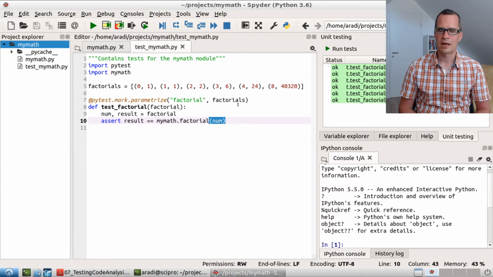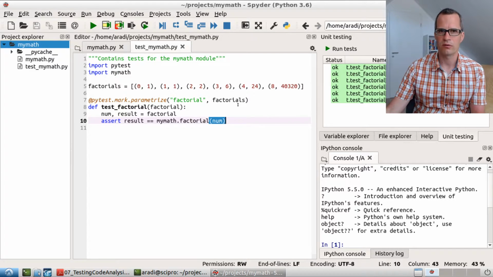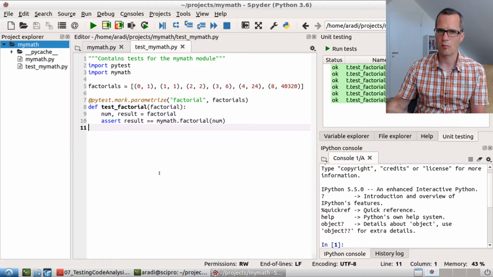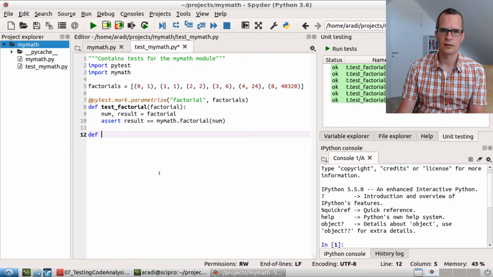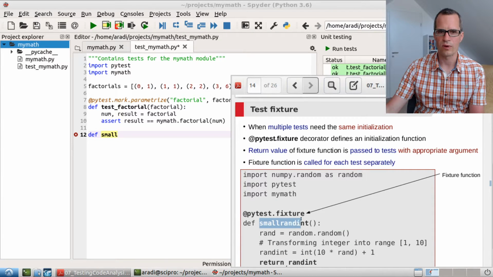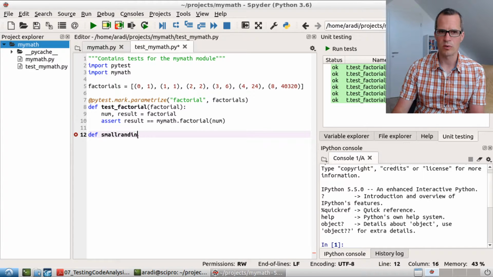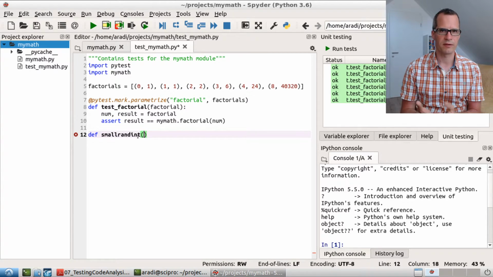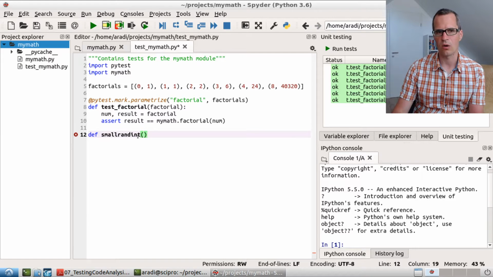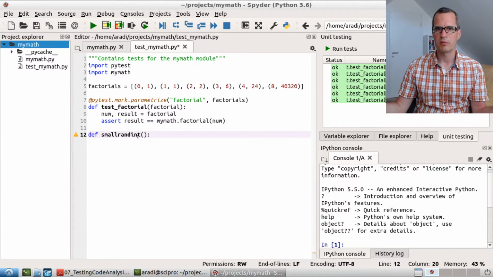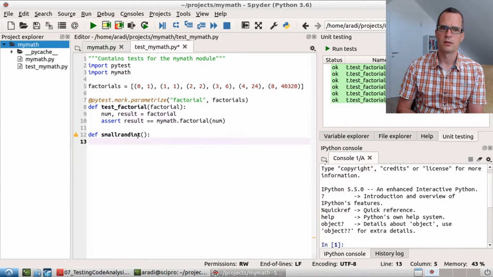Now, all of our tests would need the creation of a random number before they can start. Because we will have more than one test which needs those random numbers, I would like to define a routine which does that. To be simple and also consistent with the slide, I will just call it small rand int. So it will give us a small random integer. Why should it be small? Because we will calculate the factorial of that number, and that should not be very big, because the factorial of a big number could take long or could cause problems if the integers become very large, and with factorial that happens very fast. So I'm defining that here, and I will use the random module of NumPy